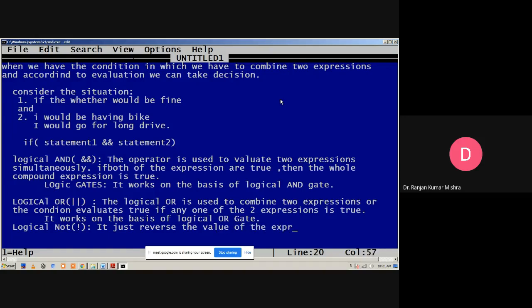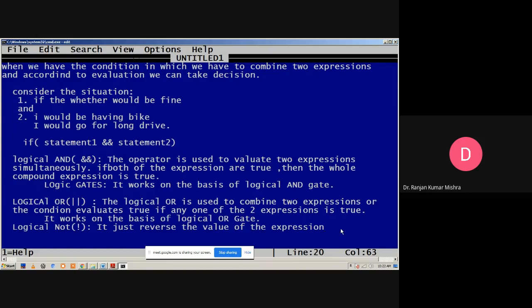Okay, as we know that the value of an expression in the case of a logical operator or a relational operator always returns a boolean value, true or false. So when we use the logical NOT operator before an expression, it reverses the value of that expression. If the expression is true, then NOT makes it false.